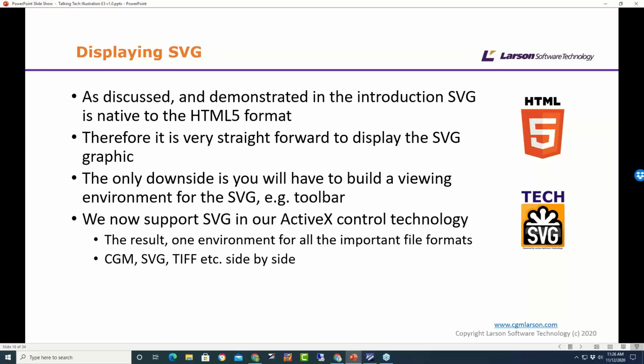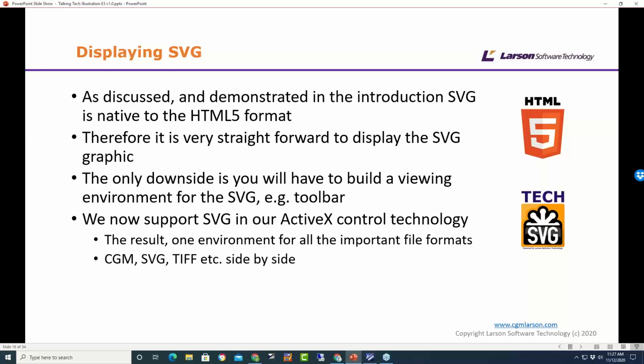So yeah, SVG is HTML5, so it's native to that. That's an easy way to go. And we've now actually, within our ActiveX control, because people are still using it, added support for SVG in there as well. So you could have both formats running within our technology now.